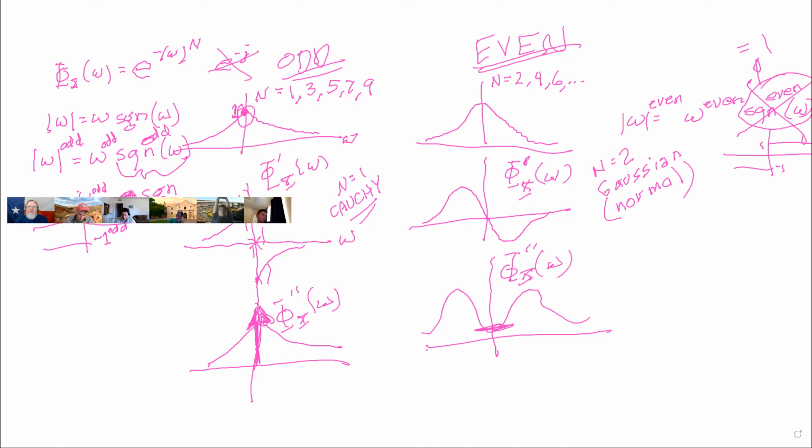And that's the same thing which is true for n is equal to 4 and n is equal to 6. Same thing over here for the odd. N is equal to 1 is the Cauchy, that's bad. N is equal to 3 also gives you this discontinuity. And for any odd value, it gives us a discontinuity. It's a curious result. It's one which is not intuitive at all to me, but this is what the math says, and we believe the math. Any other questions?